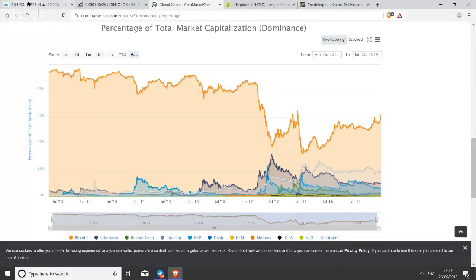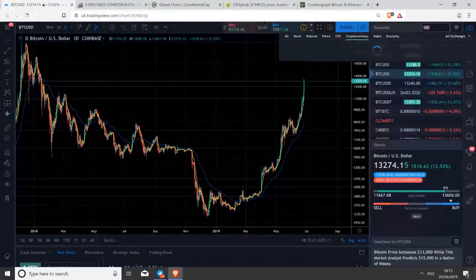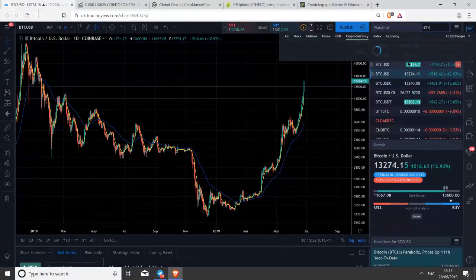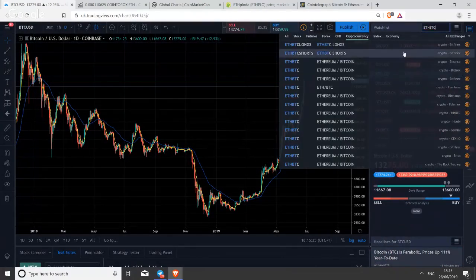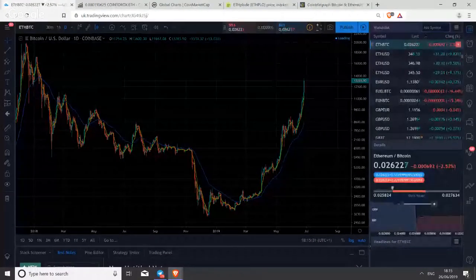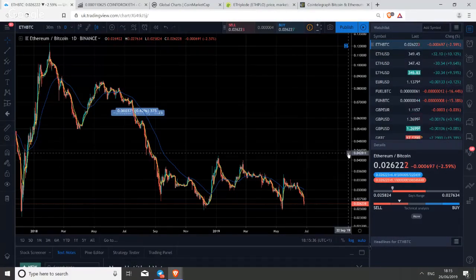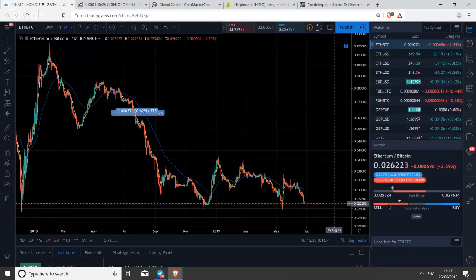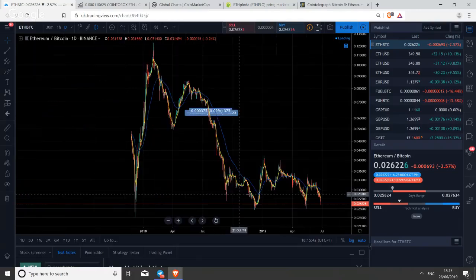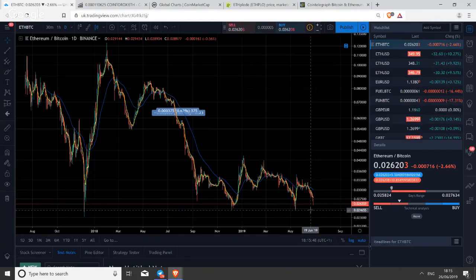Let's quickly jump over to the Ethereum Bitcoin chart and just take a look. Now, obviously, we know Ethereum, I can't remember the exact figure last time I checked it, but it was above $340, I'm sure, which is seriously nice. It's one of the alts which is lesser impacted today by the rise in Bitcoin, because obviously we've seen a lot of the alts suffer based on that. But Ethereum really hasn't done too bad. Oh, I tell you what. Wow. When you look at that chart,